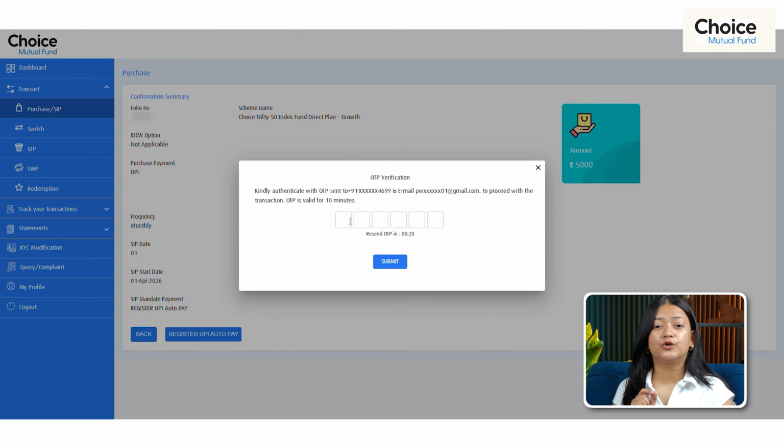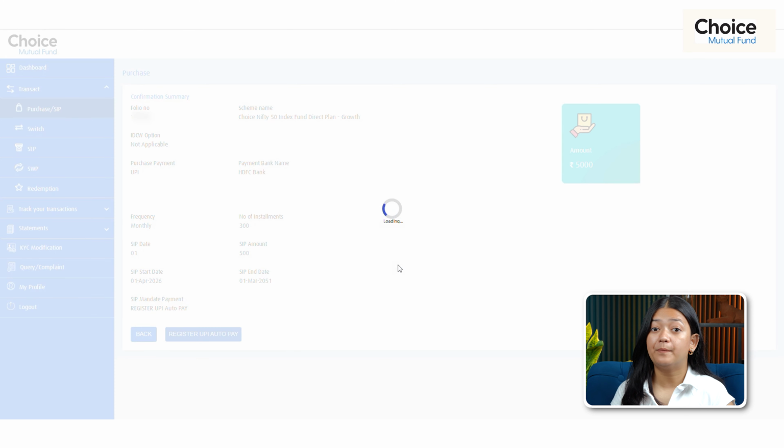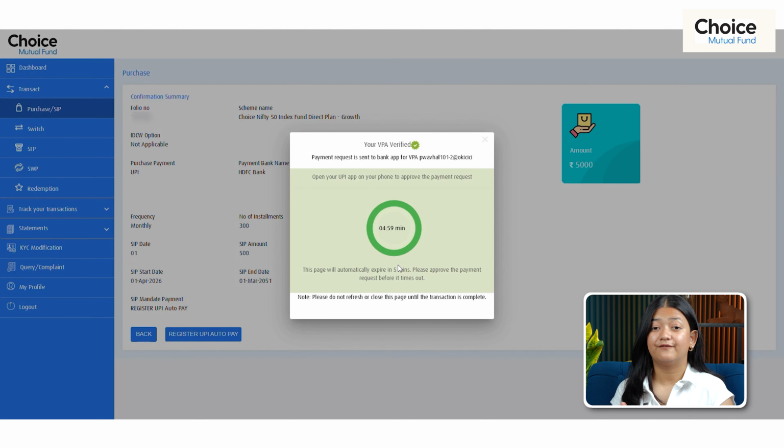An OTP will be sent to your registered mobile number and email. Enter the OTP and submit. You will now be prompted to complete the UPI payment within 5 minutes. Open your UPI app and approve the mandate request by entering your UPI PIN. And that's it. Your lump sum investment and SIP registration in the Choice Nifty 50 Index Fund NFO are